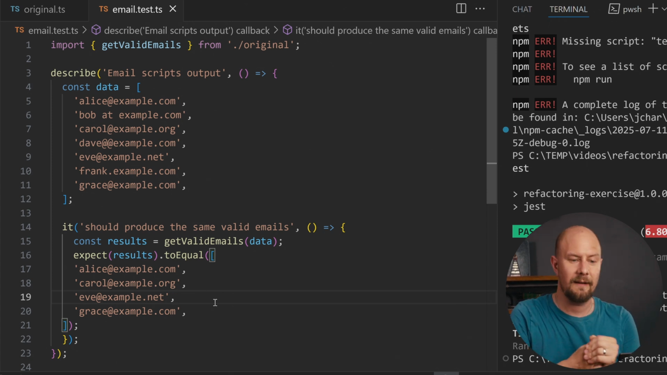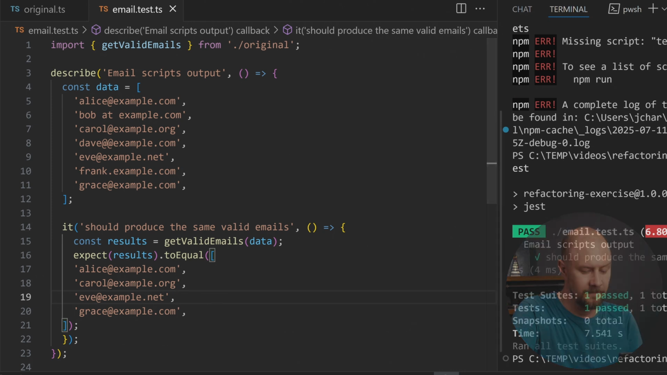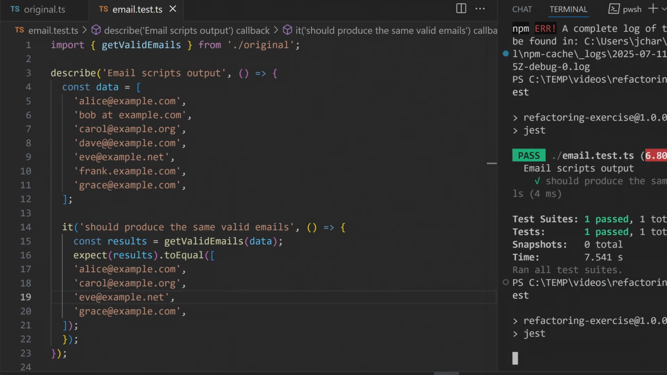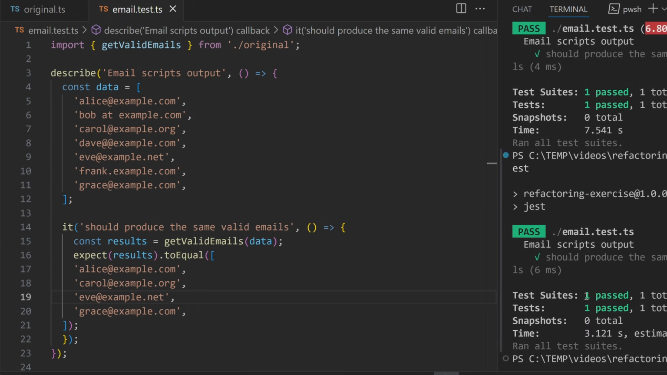So the first step to refactoring is to make sure the current version of the code works and to make sure that you have a way to check that it works. So our way is going to be by running this test. So if I go over to the terminal and do npm run test, that will run our Jest test. Just wait for that to run and you can see that it's one test suite has passed,